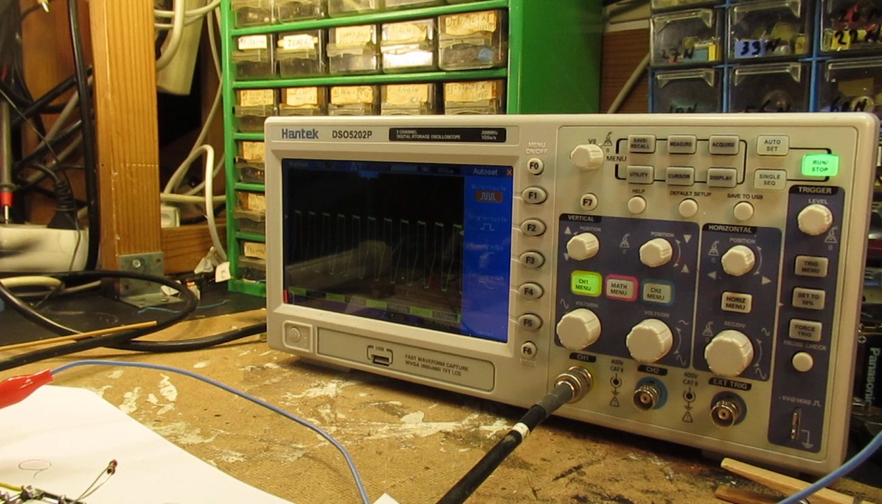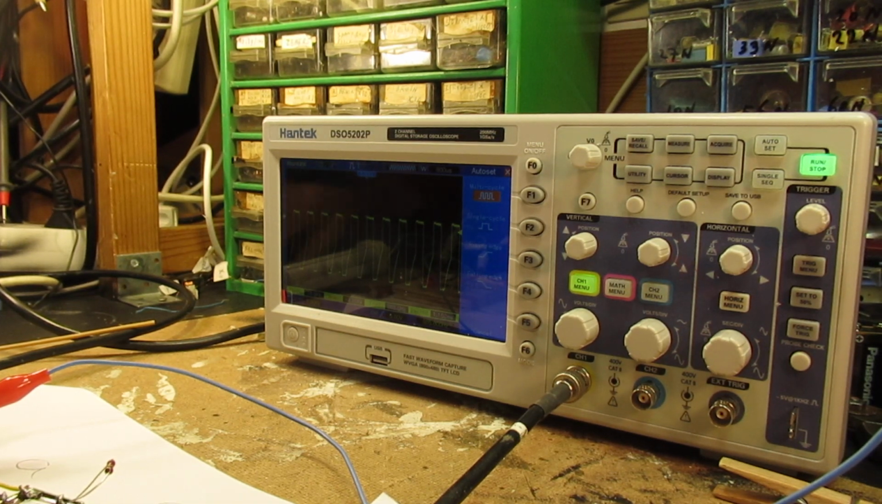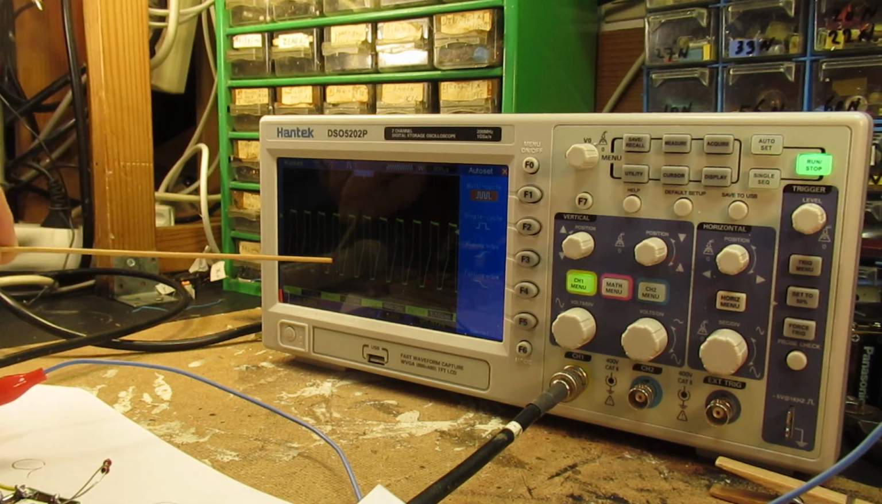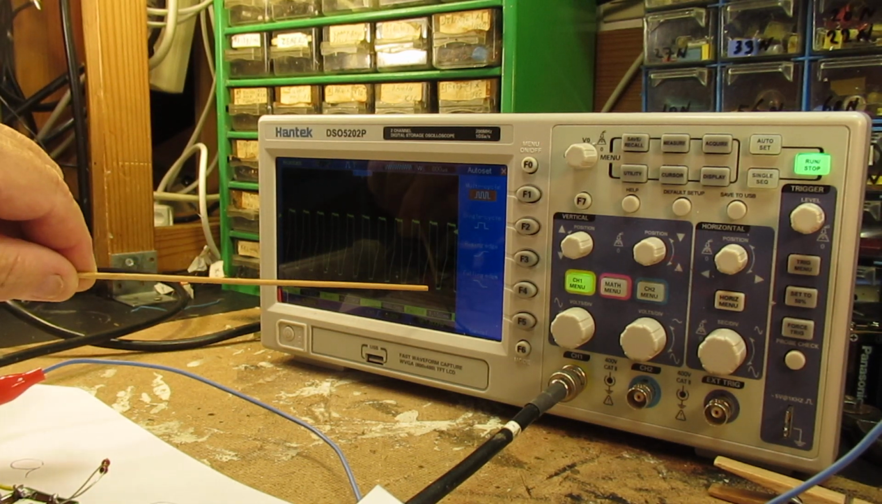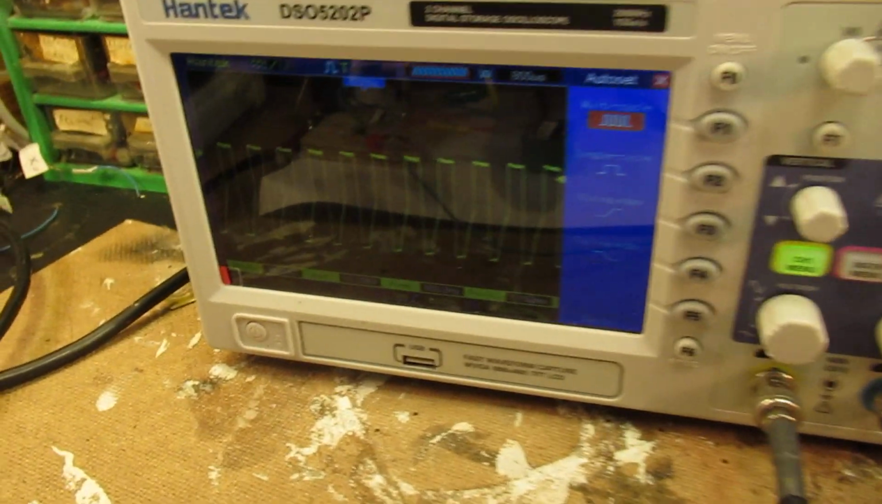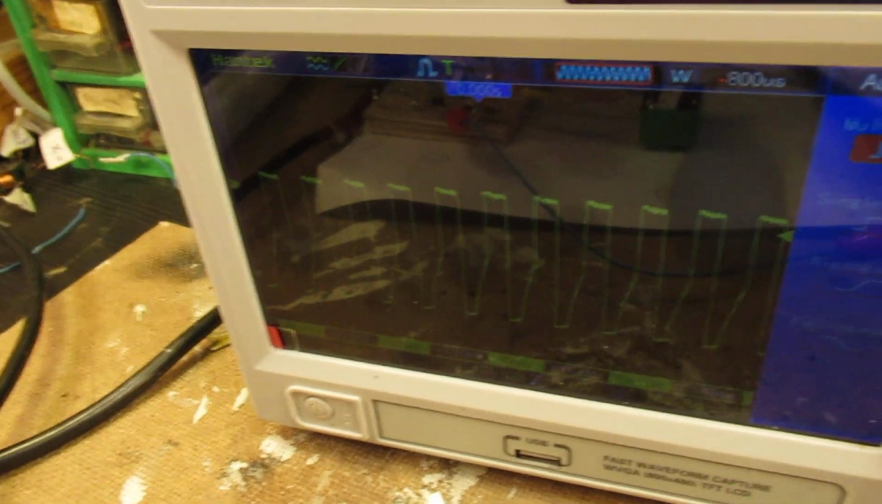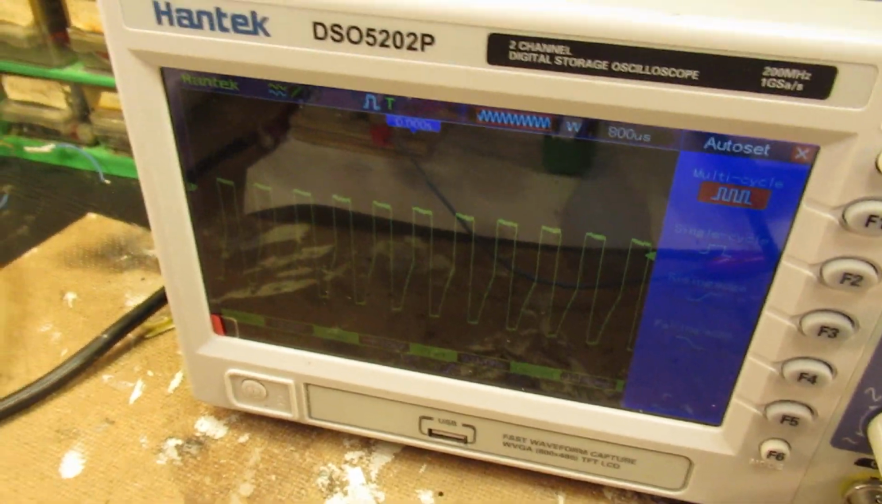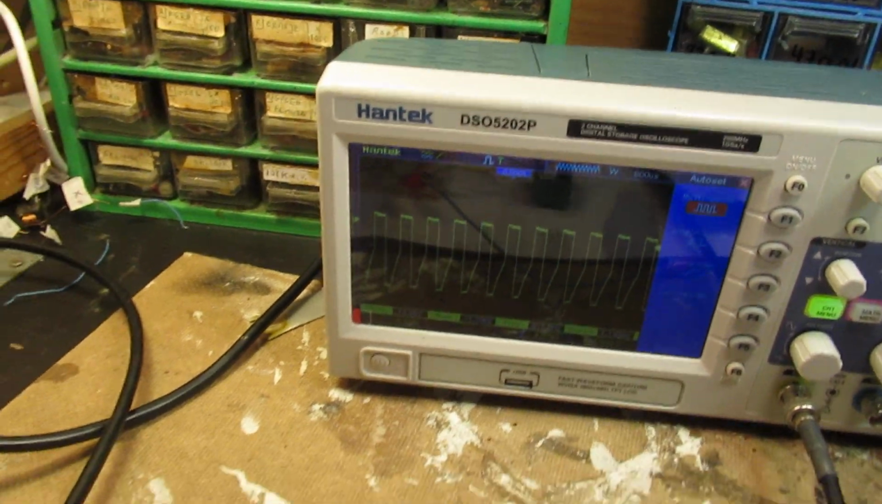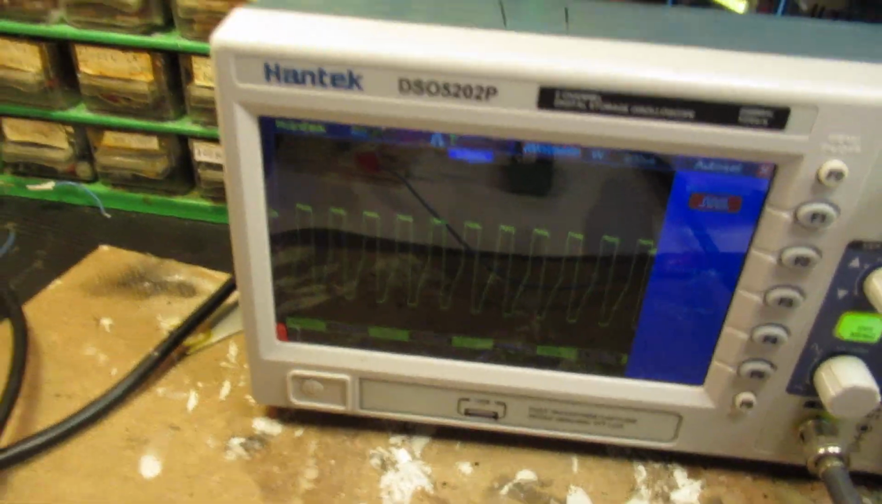So, interesting to see, of course. You have here a quite good waveform, kind of block wave. The circuit oscillates at approximately 868 Hertz. But of course, when you change the value of the